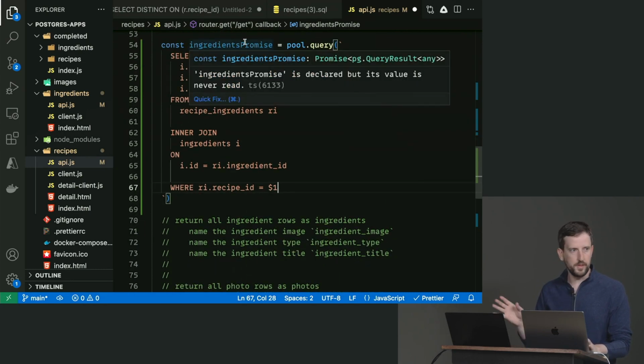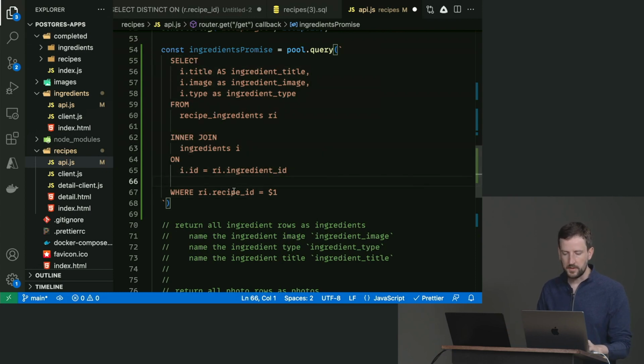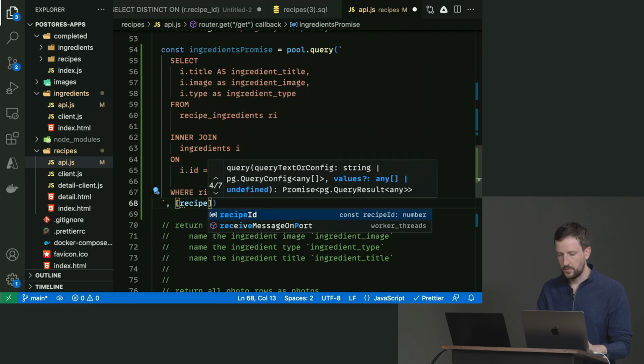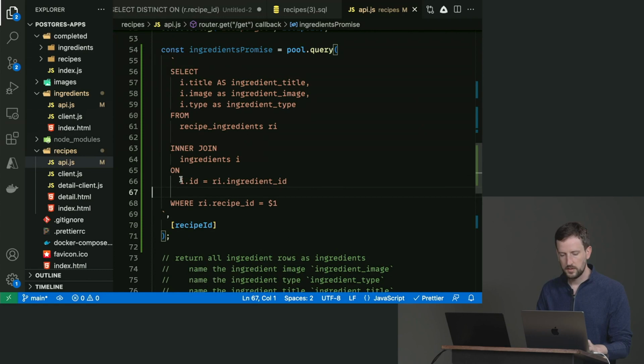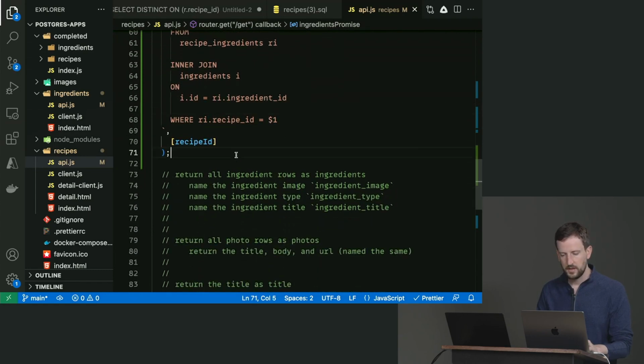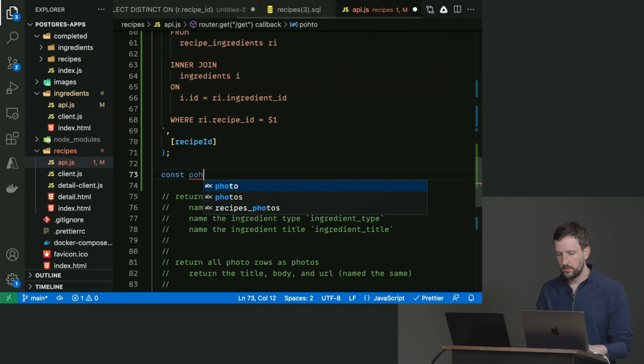We've more or less already written this out together, right? But the idea here is we have the ingredients table. We're grabbing all of the various ingredients that exist for any one recipe based on what the recipe ID is. So here we're just going to give it the recipe ID. Okay, this is the first query that I chose to write. The second query that I'm going to choose to write is the photos one, const photos